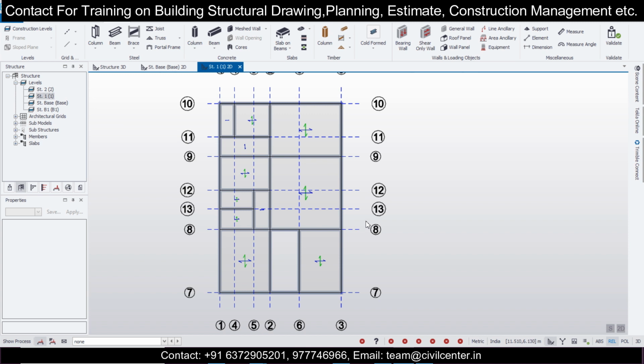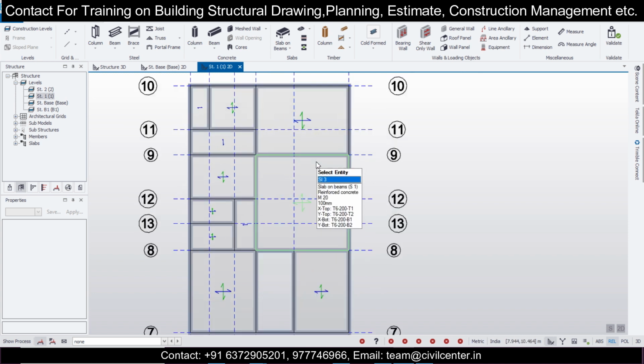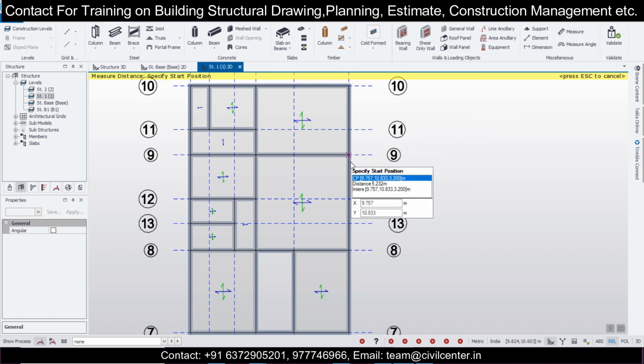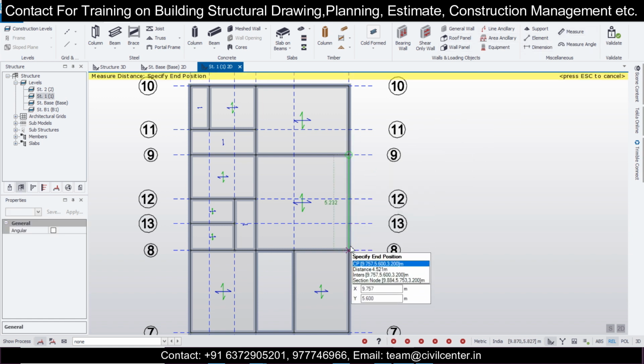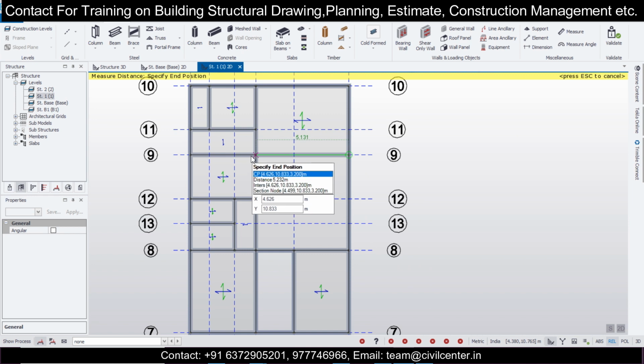Another thing you can do here, if you want to reduce the span of this particular slab, is simply extend this beam as a support. If you measure this, the span is 5.32 and this one is 5.31.